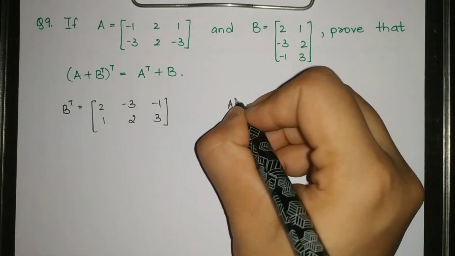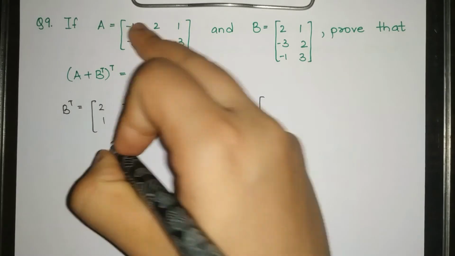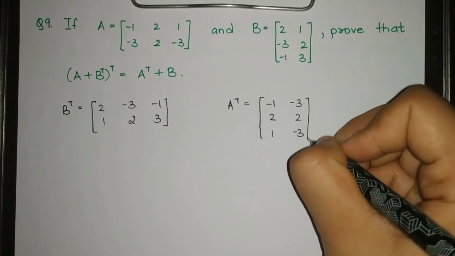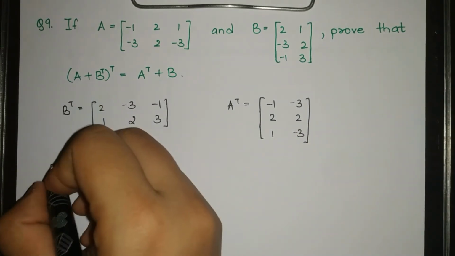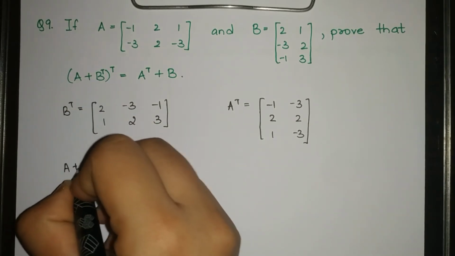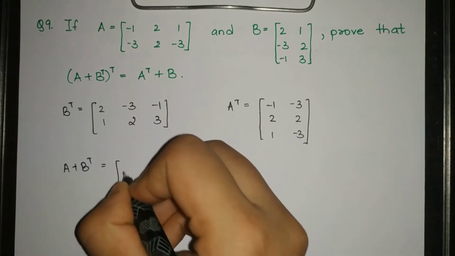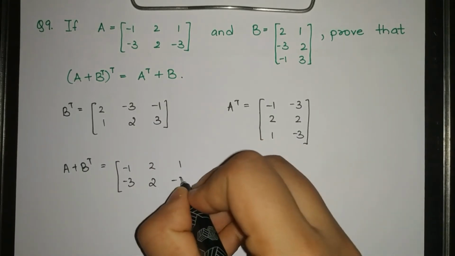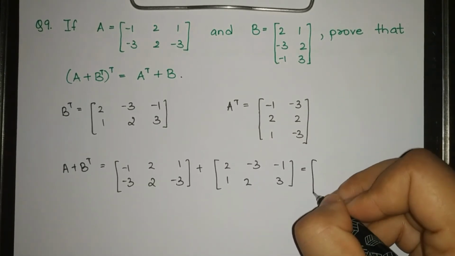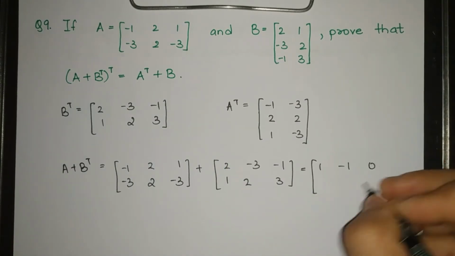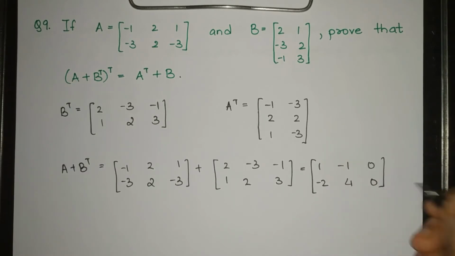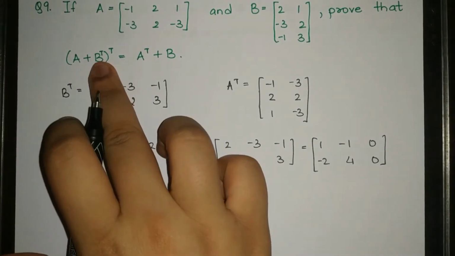And A transpose भी calculate कर लेते हैं. A transpose will therefore be -1 2 1 -3 2 and -3. Fine. अभी इसमें पुट करते हैं. ठीक है, so we want to calculate first of all A plus B transpose, which is going to be equal to, पहले A लिख लेते हैं, then I'm writing B transpose. And then on adding them, we get -3 plus 1 is -2. Then this is 4 and this is 0. Fine. Now, इसका transpose calculate करेंगे तो we will get this.